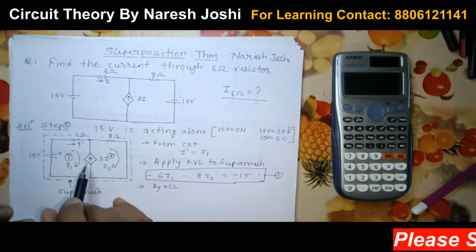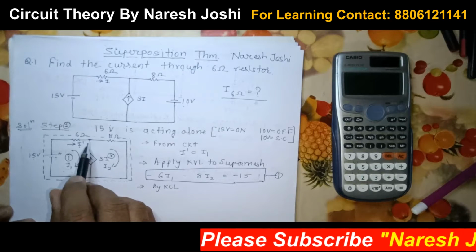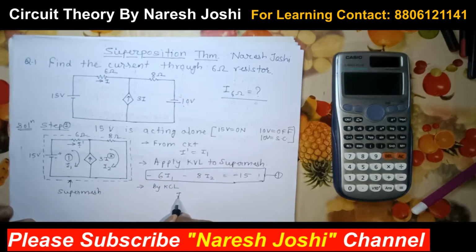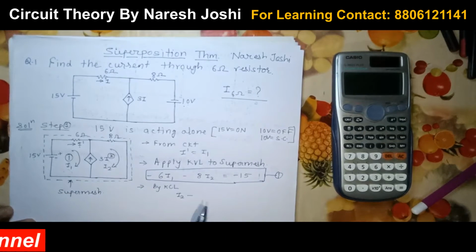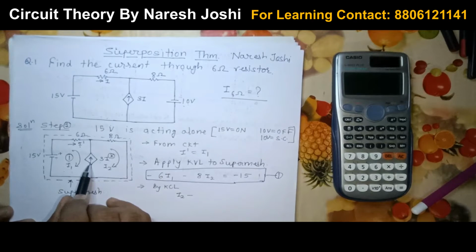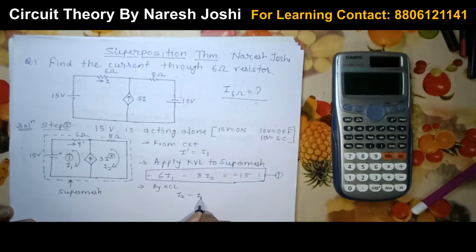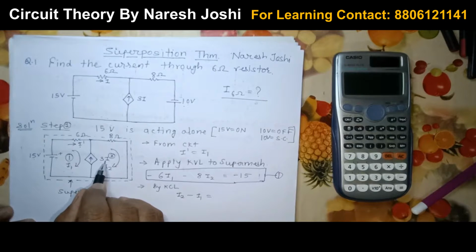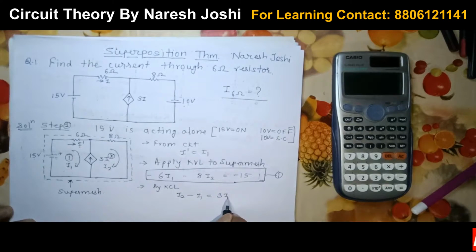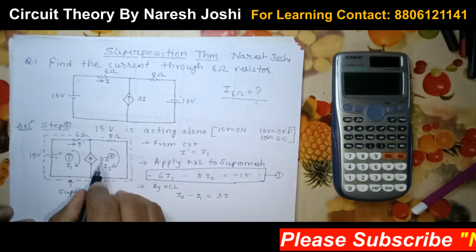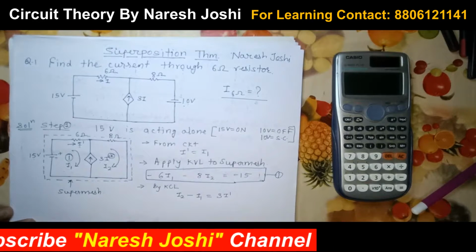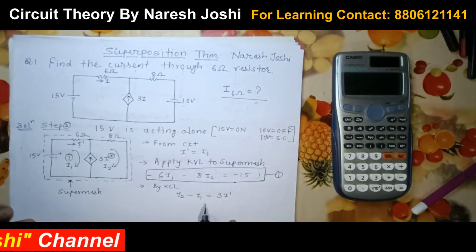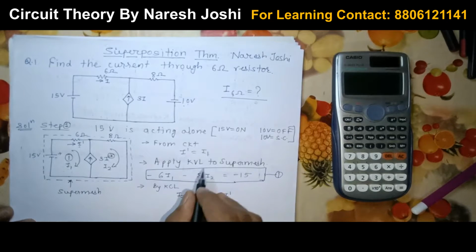Which current is matching with this direction? The arrow is upward and I2 is also going up there, so first I will write I2. If I1 matched this direction, then I would write I1 first. But here I2 matches this direction, so I have written I2 first, and then in the opposite direction it is I1, and then I will write the value 3I. And what is this I? This is I dash, so here it will also be I dash. Clear? And what is the value of I dash? I dash equals I1, the way we have written, so I will put that value here.